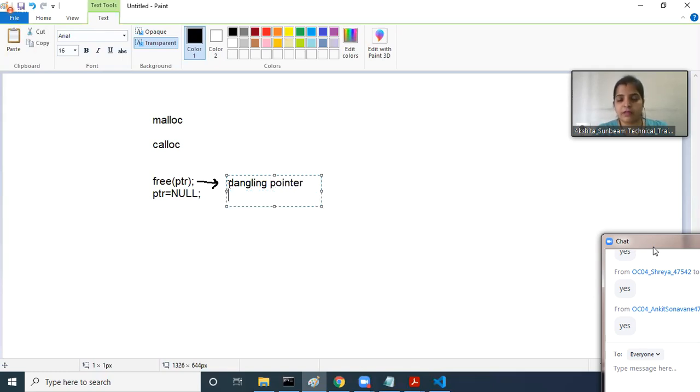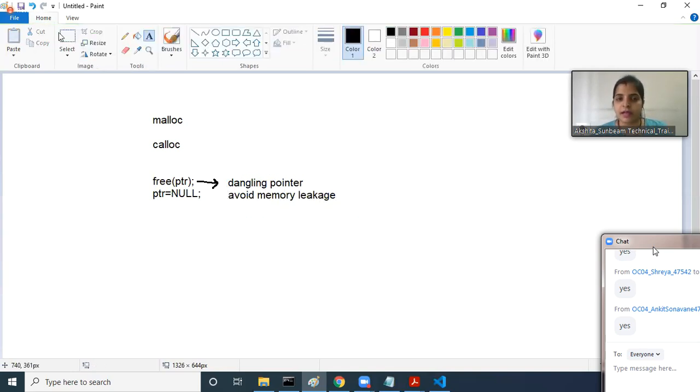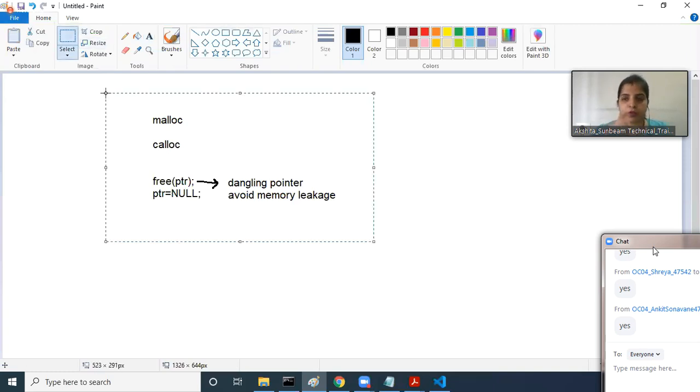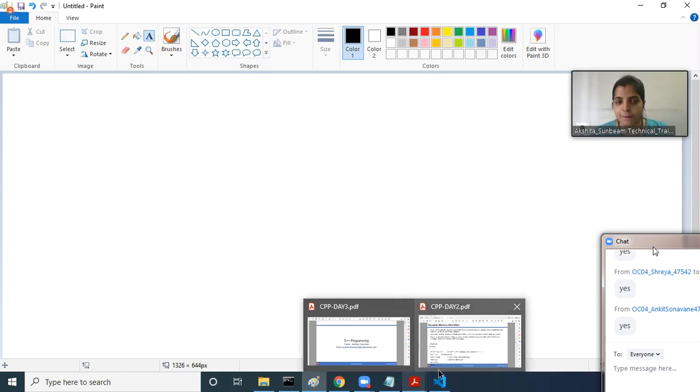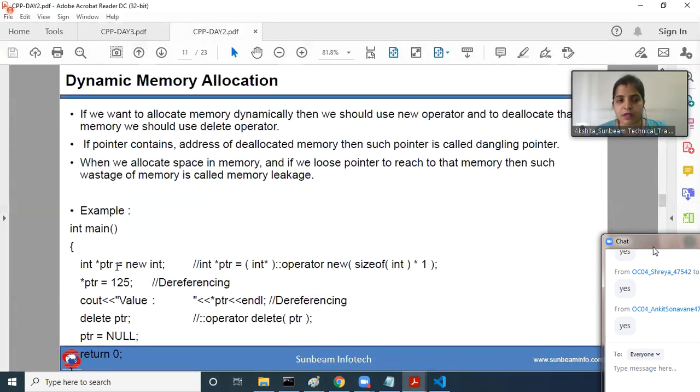And if I want to save the memory, if I want to avoid the memory leakage, then I will go for something called PTR is equal to null. Right? I hope you remember this concept. The same concept is also there in C++. But in case of C programming, we were having the keywords called malloc. In case of C++,